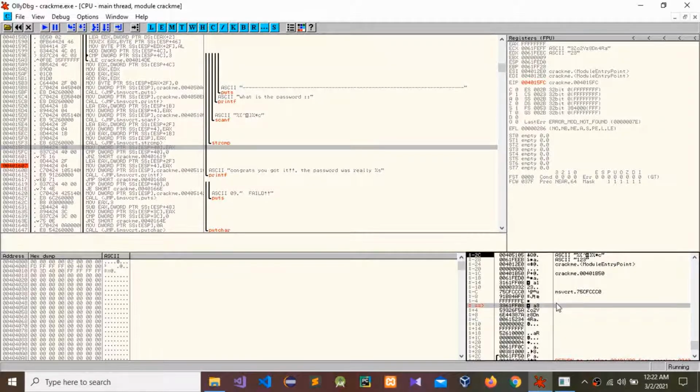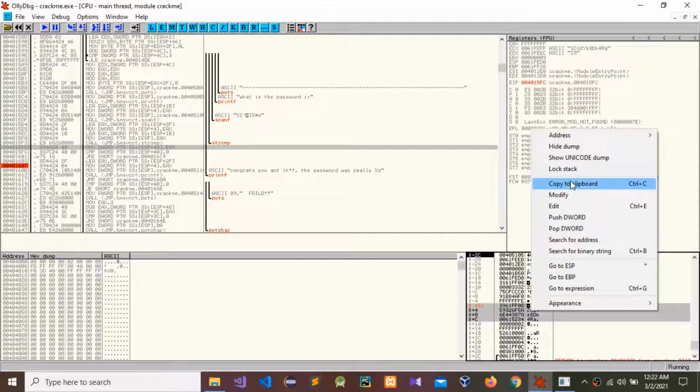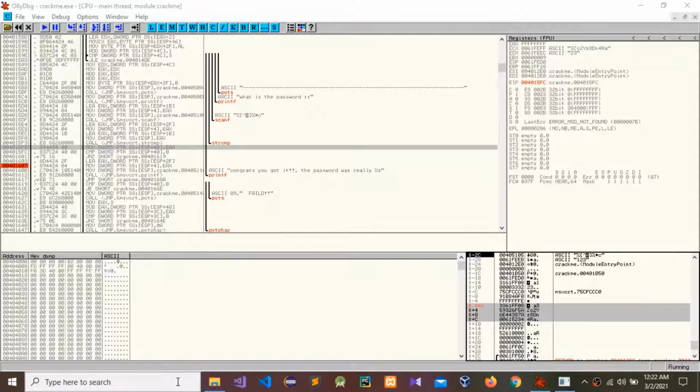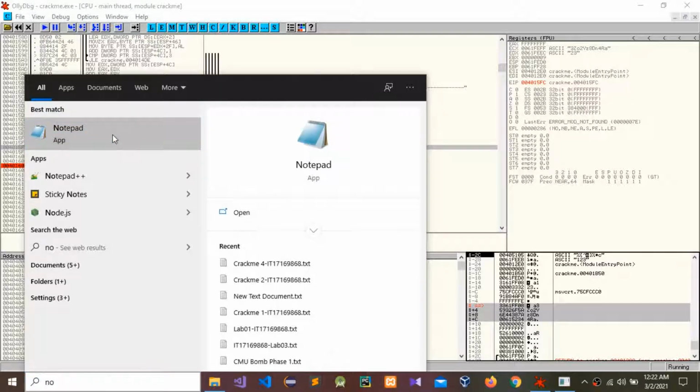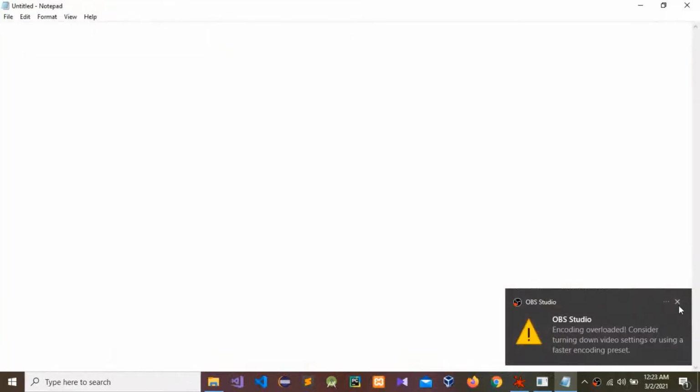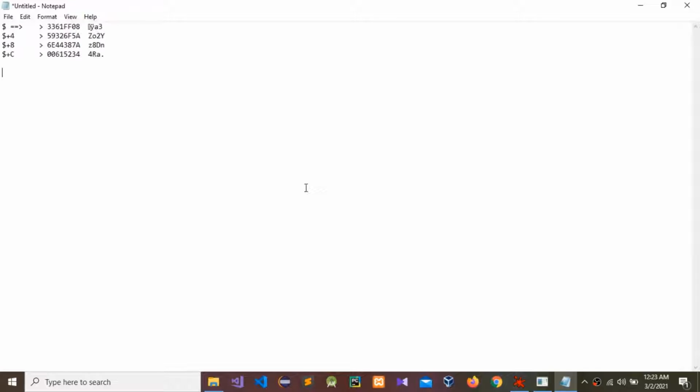The previous value started with number 5 and ended with S, but is changed into A to that 3 and A. We need to copy this value. I'm going to copy it to notepad. I'm going to copy it.